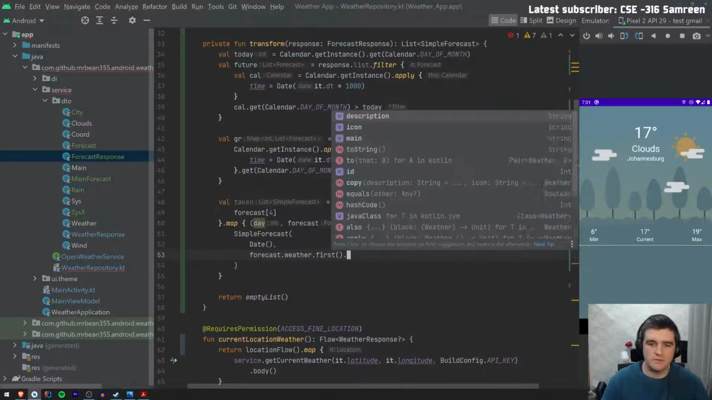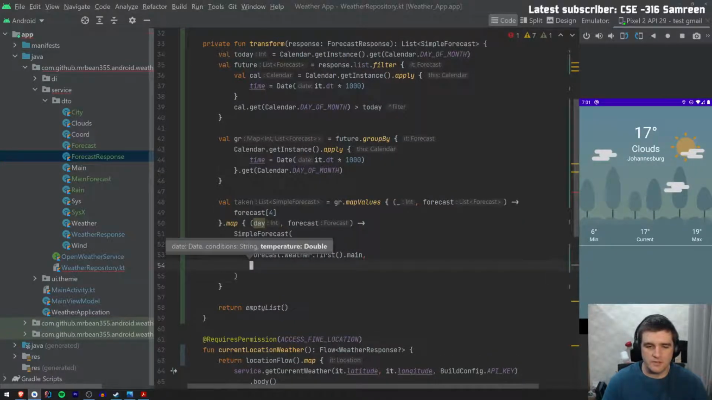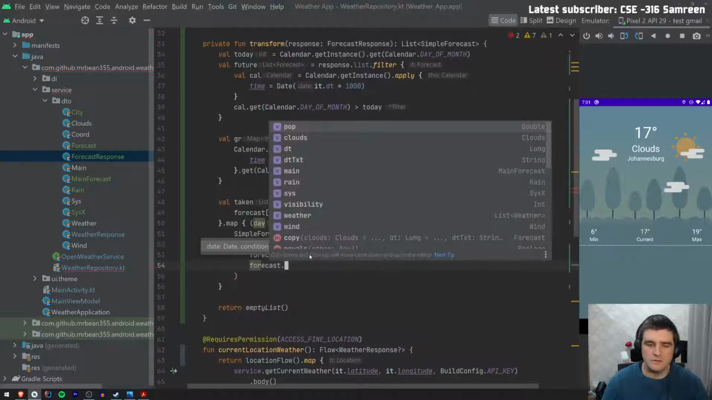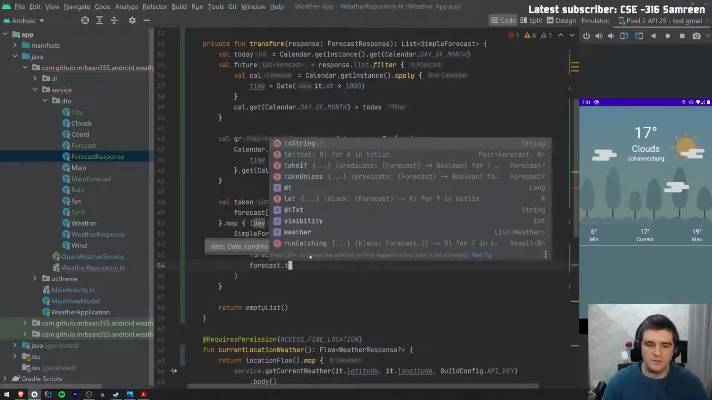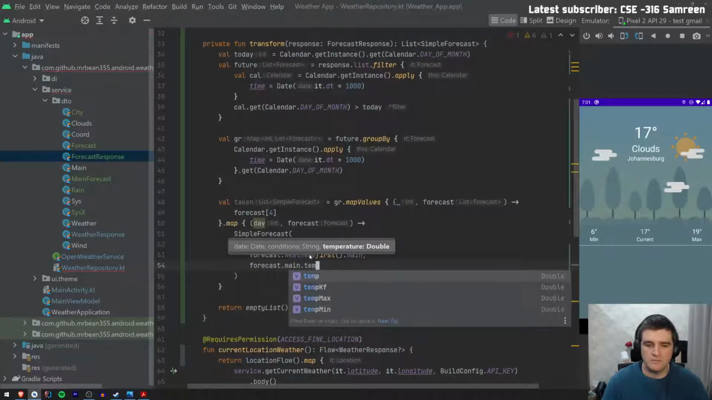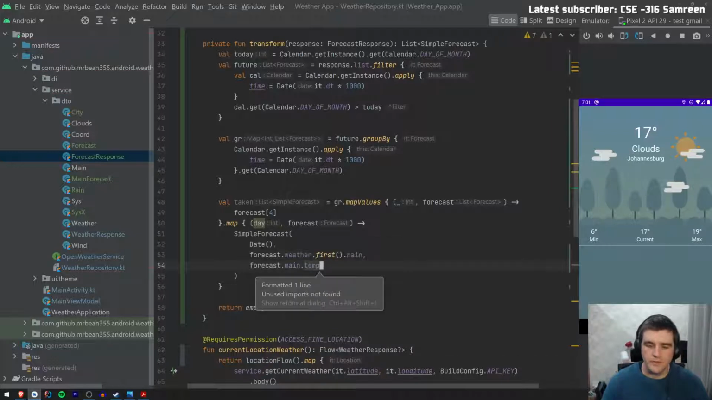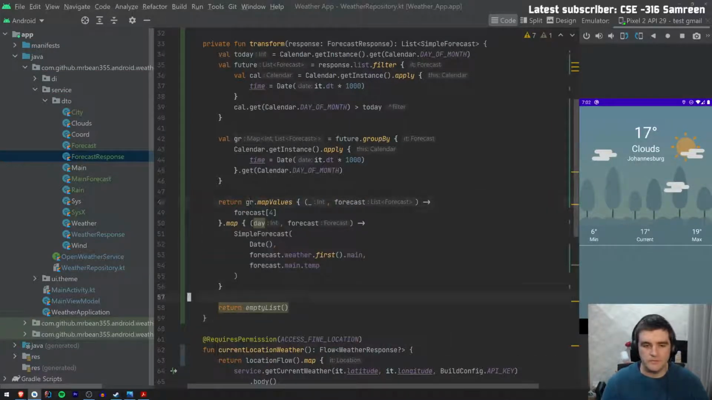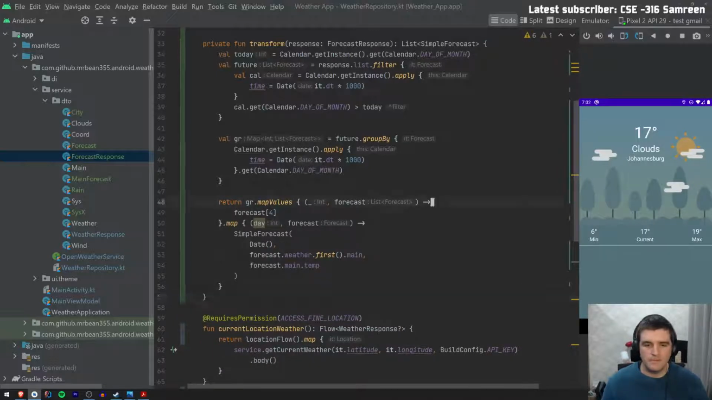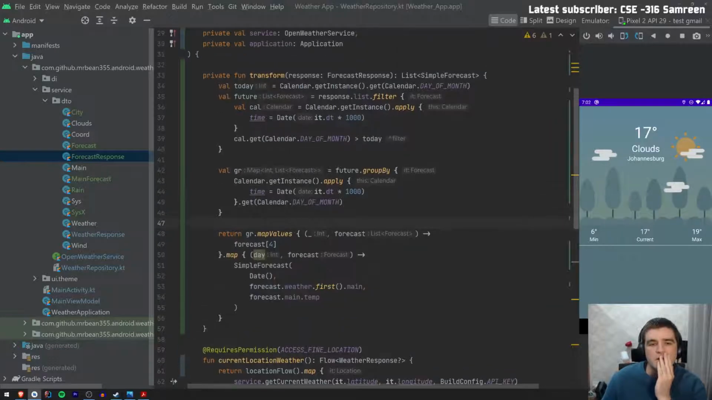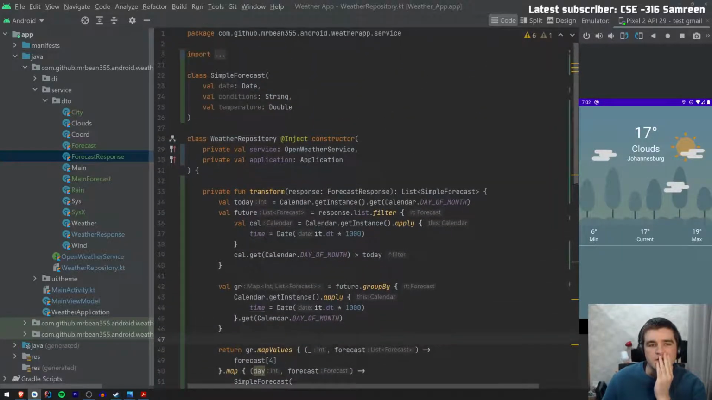Weather.first. This is so dangerous, but I wanted to see if it works. Then say forecast. What am I looking at, the temperature? Hey, here we go. Okay. Wow, that's some crazy stuff going on there, but